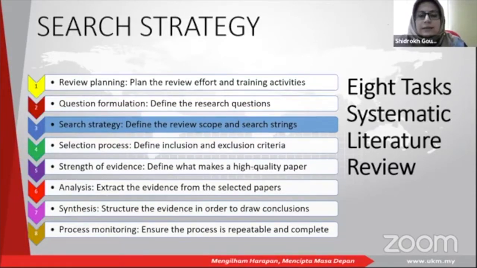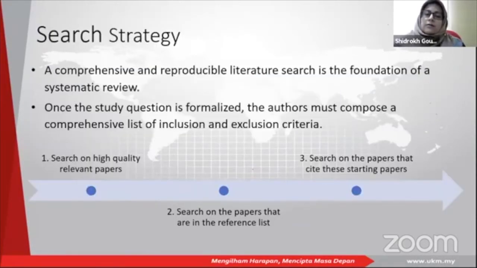As a third step, we should focus on search strategy: how we want to define the research scope and search string. Search strategy is also a very important step for doing an SLR. We need to prepare a list of the most related work, and a comprehensive research review search is a fundamental part of a systematic review. Actually, when we find related work, based on my experience, we need to search for